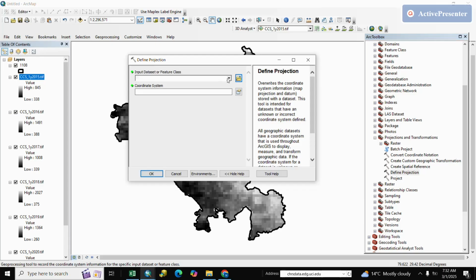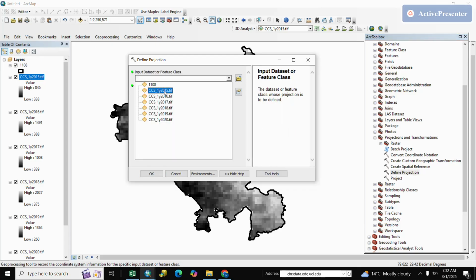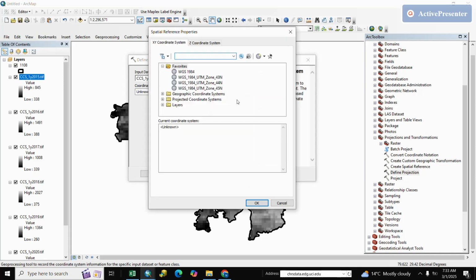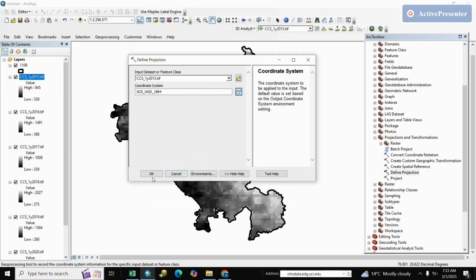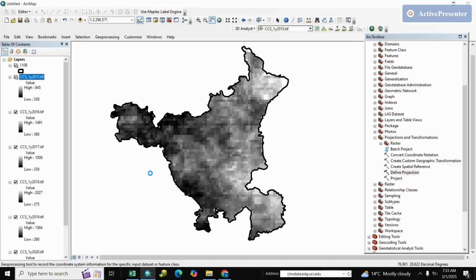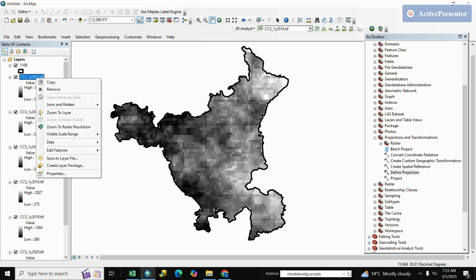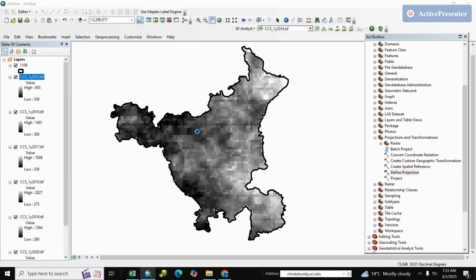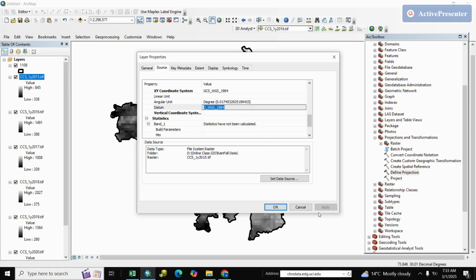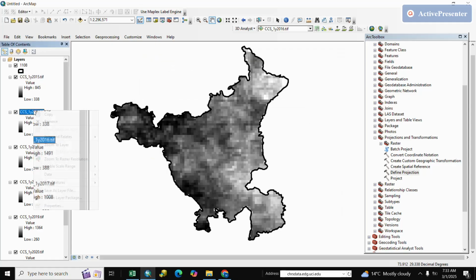and we select here the 2015 image, and for projection we give a world projection. Select here WGS 1984, OK and OK. We check our projection. See here, the projection is complete. Same as next